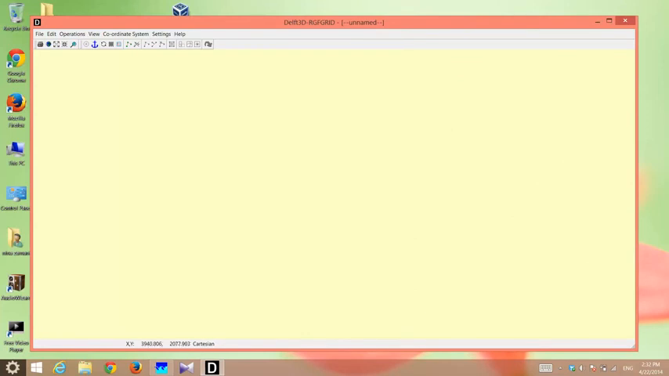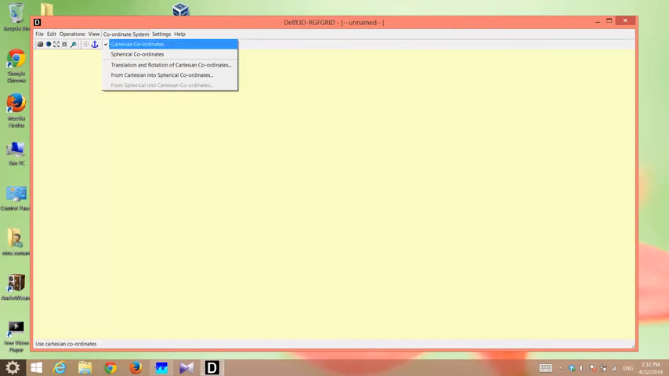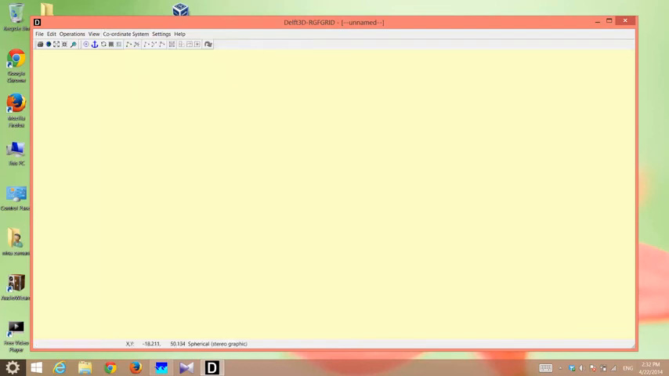The first step in RGFGRID is to go to these tabs, click on the coordinate system and select your coordinate system. Either it's Cartesian, which is the default, or it's spherical. I'm using spherical coordinates, so I have to switch to spherical coordinates here. The second step is to